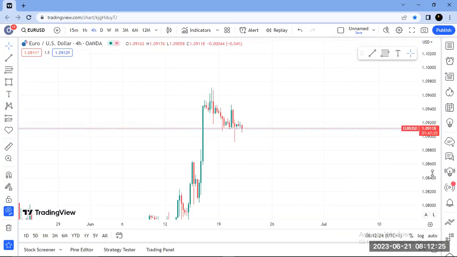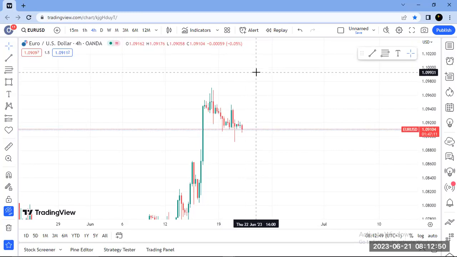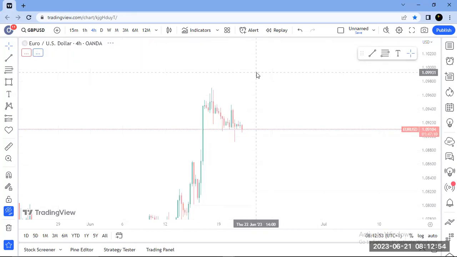So today I'm going to be focusing on the Euro USD because the GBP USD actually requires some more advanced techniques to trade right now, and I want to make everything simple for you. So I'll be focusing on the Euro USD and the CAD JPY. So like I said, the GBP USD, if you are monitoring it,